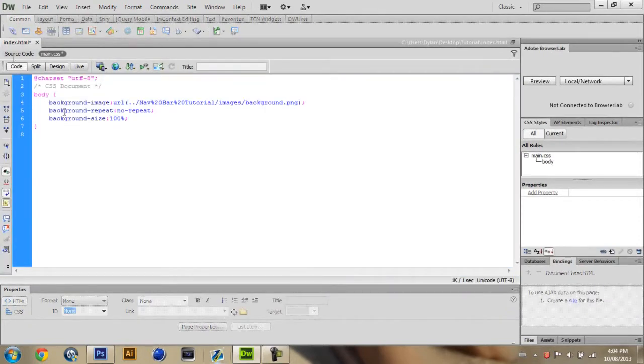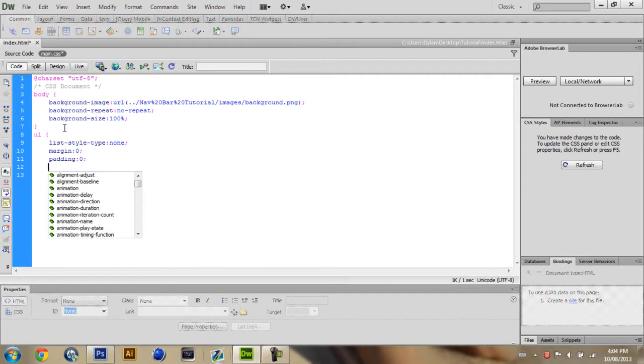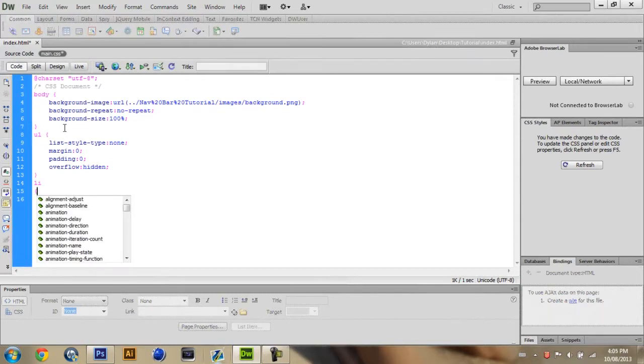Now you want to type in ul and then a bracket, and just basically copy what I'm doing. So list-style-type and then none. Then margin 0, padding 0, and then overflow hidden. And you want to close that with this bracket, and then you want to push enter, hit li, enter again, or you don't have to. I just do it because I'm used to it. And you want to just put a float on that, float left,